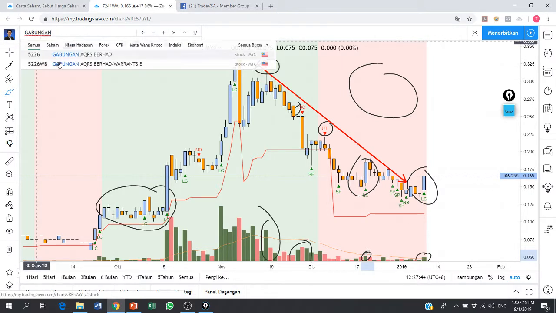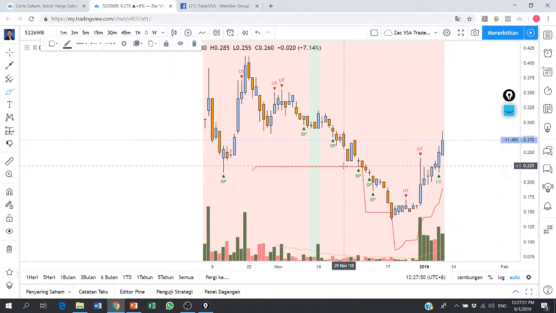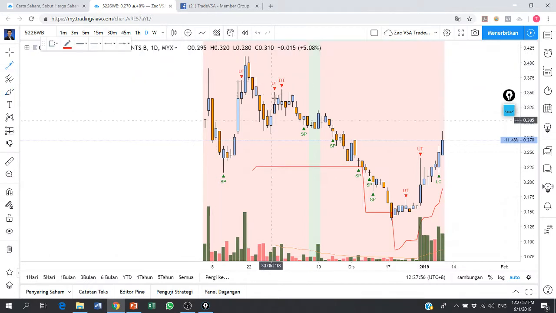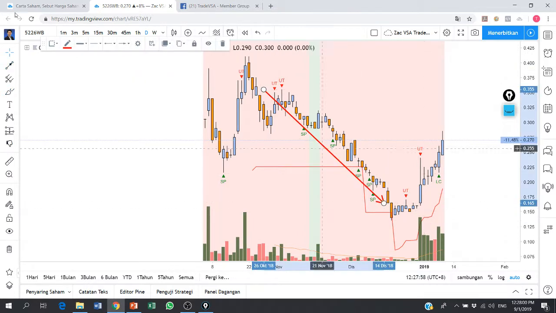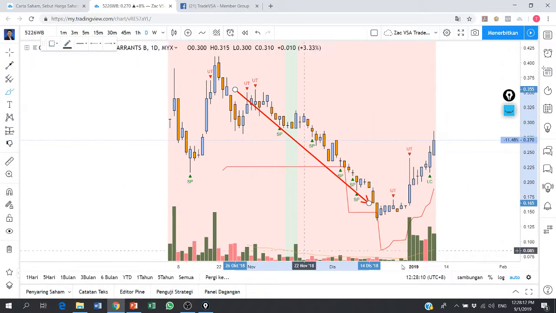This member also requested a review of their warrants only. Okay, the warrant. This Gabungan is slightly different. Of course, on the left-hand side, I don't really like it either, to be frank. Why? Because we have stage 4, and we have very small accumulations here, followed by this up bar. We have 7 up bars,